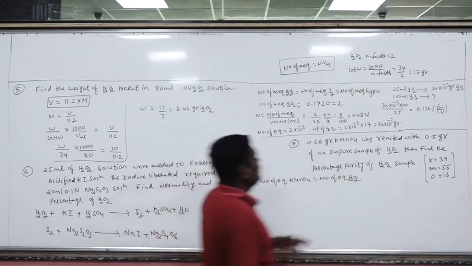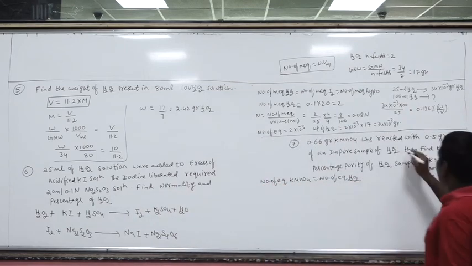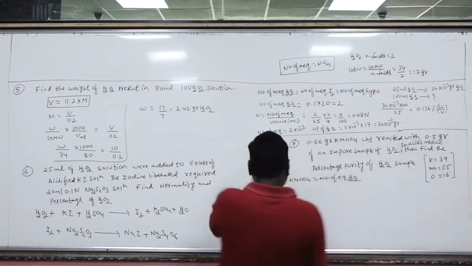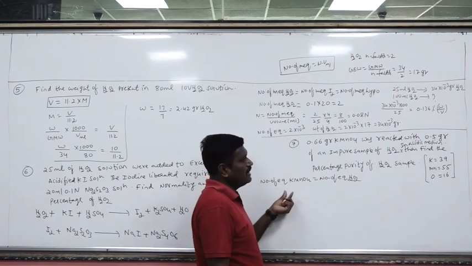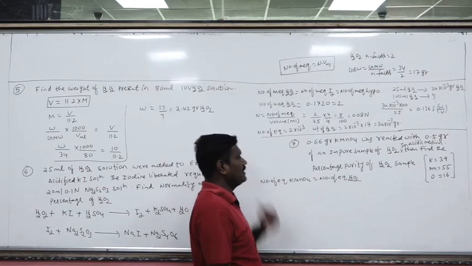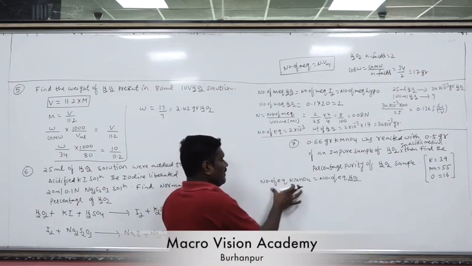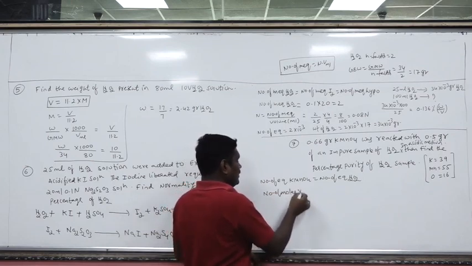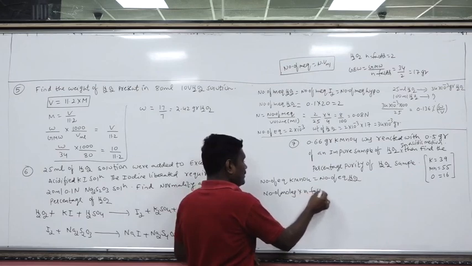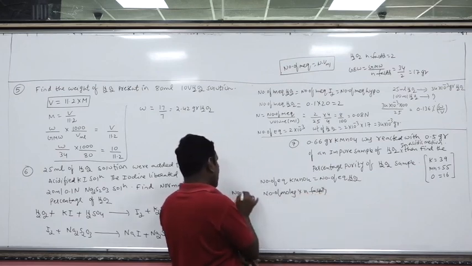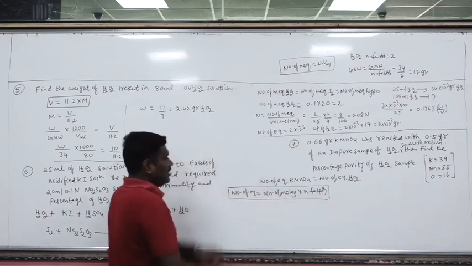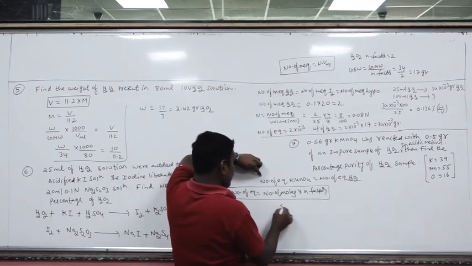Okay. Remember this question. In this question, the medium is not given. In which medium? Acidic medium, because the n factor of KMnO4 depends upon the medium of the reaction. Now, number of equivalents is equal to, shall I write, number of moles into n factor? Yes. Now number of equivalents of KMnO4, number of moles of KMnO4.